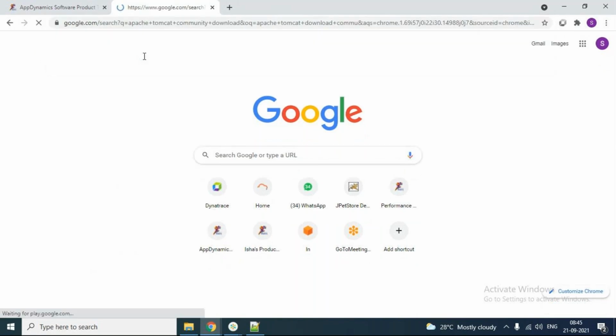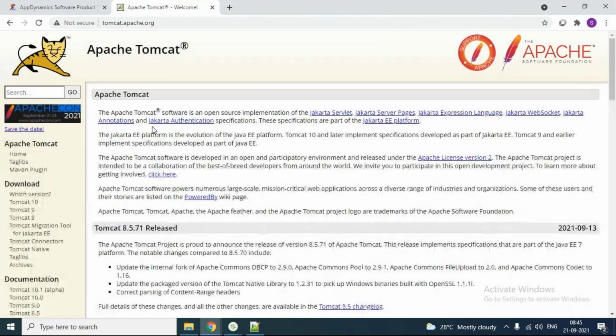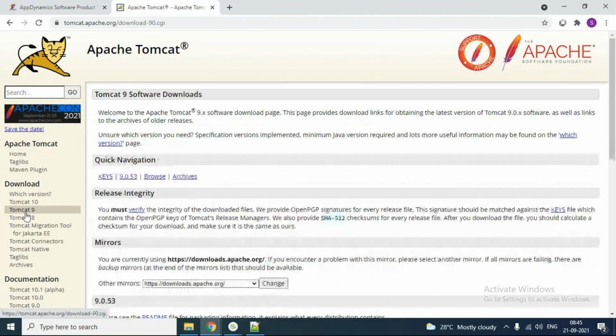Go to their official website and then download Tomcat 9. Either you try to do this, guys.